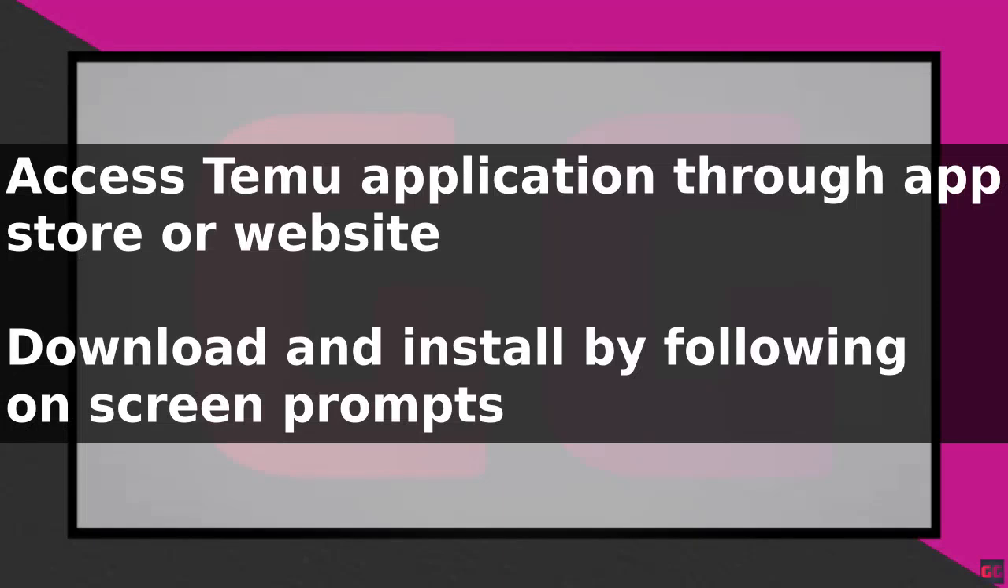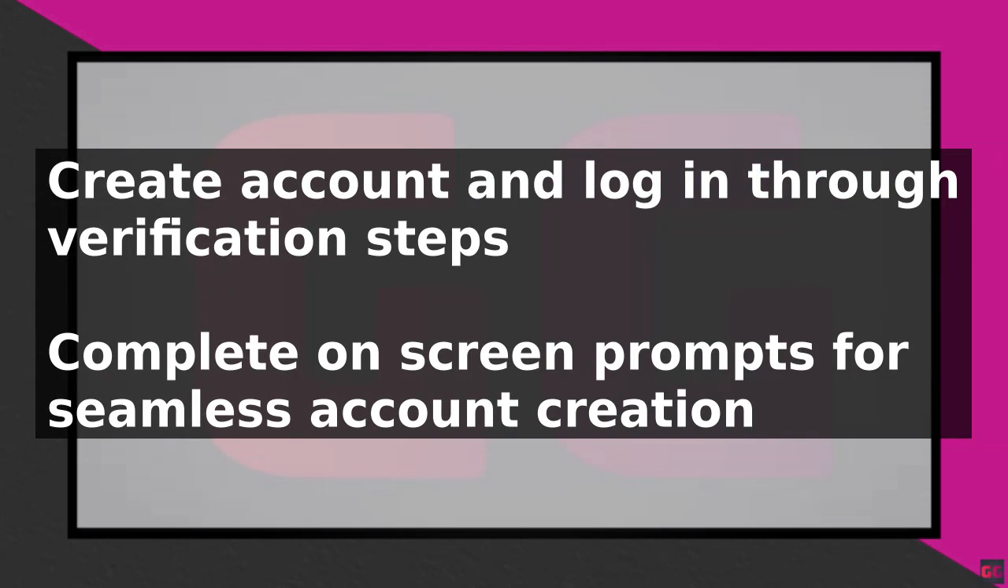To find the activity page on Temu, you first need to access the application, which can be downloaded from the App Store by searching for Temu and following the on-screen prompts to install it. Alternatively, you can access Temu through its website by typing www.temu.com into your browser. Creating an account and logging in is a seamless process that requires following the on-screen prompts